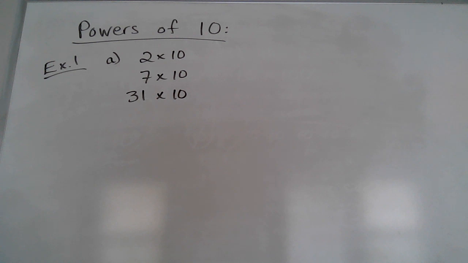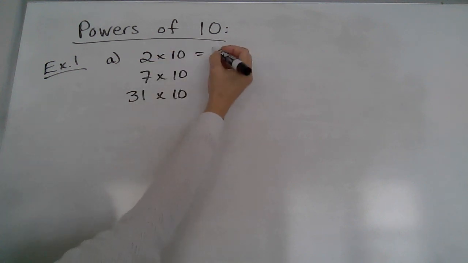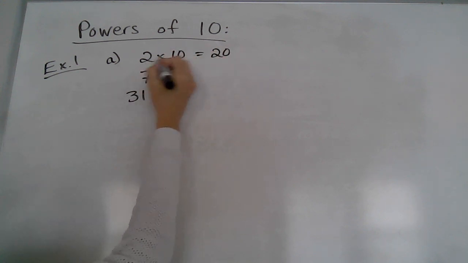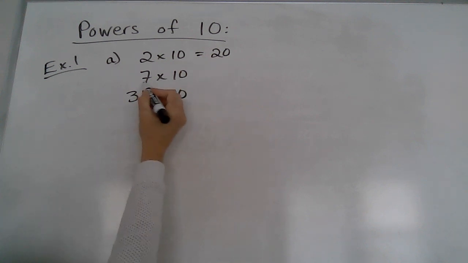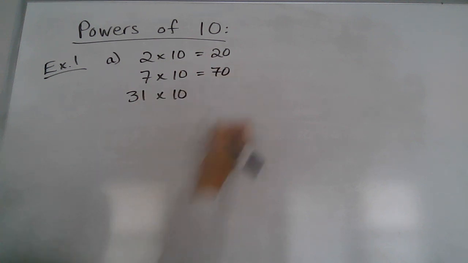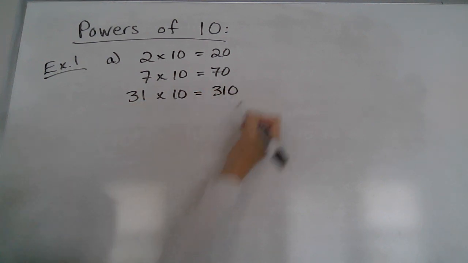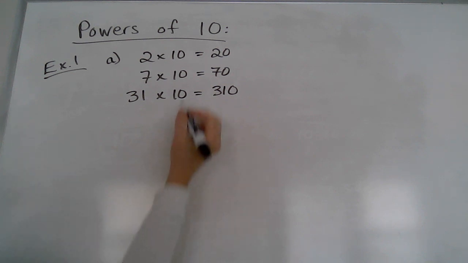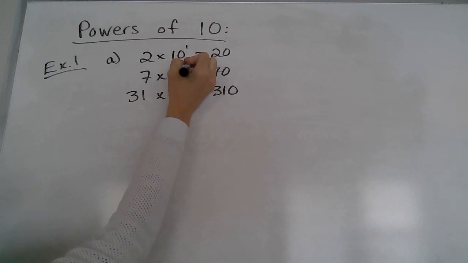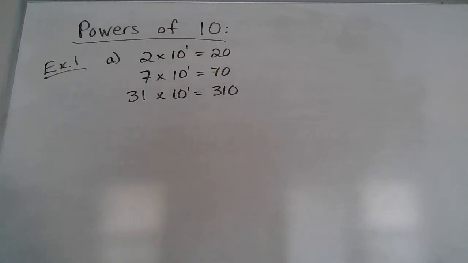As I mentioned just a moment ago, some of you have that shortcut for multiplying with 10. 2 times 10, 20. You just take your number and add a 0. 7 times 10, 70. 31 times 10, 31 with a 0 put on the end gives you 310. So for all of these, that power that we're too lazy to write on here is a 1. And essentially, with these particular problems, we did end up adding 1 0 because we have a power of 1